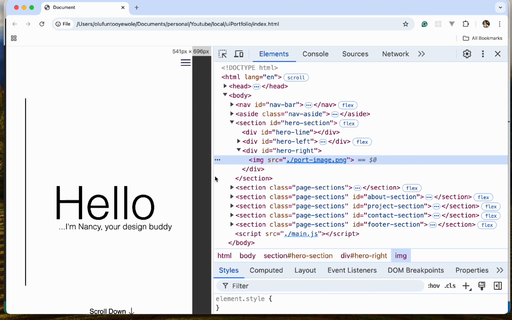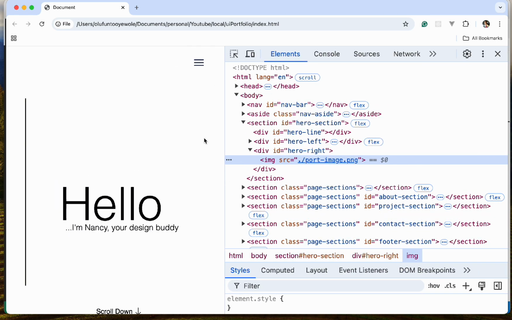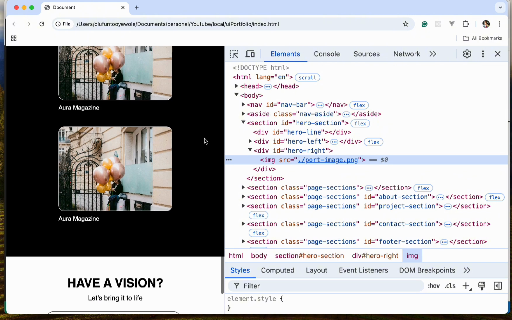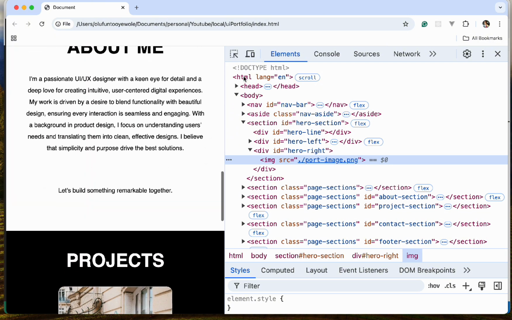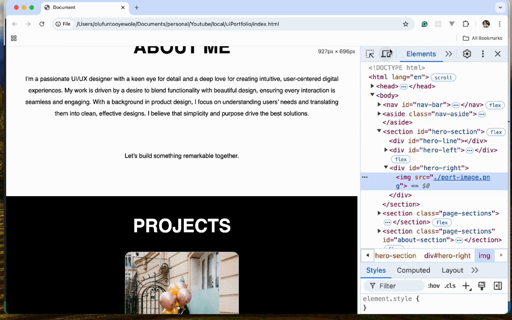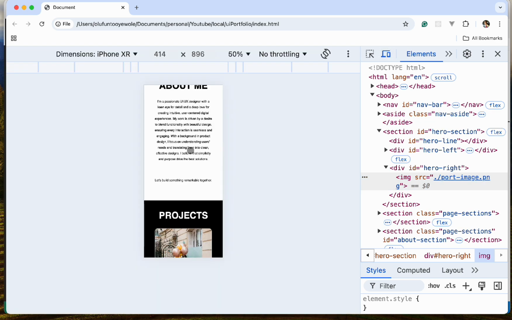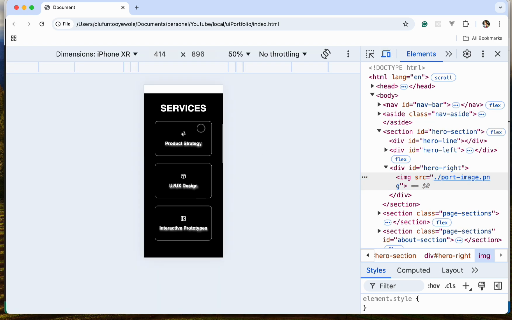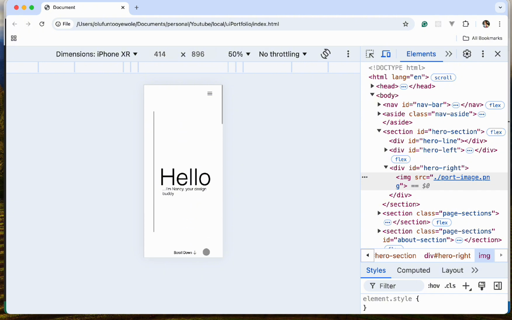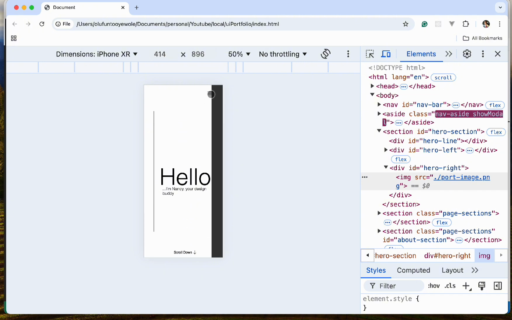Yeah, so when it gets smaller, this is what happens. Sorry, I'm scrolling too fast. If we want to look at it in the mobile view, okay, this is what it looks like. And if we click this,